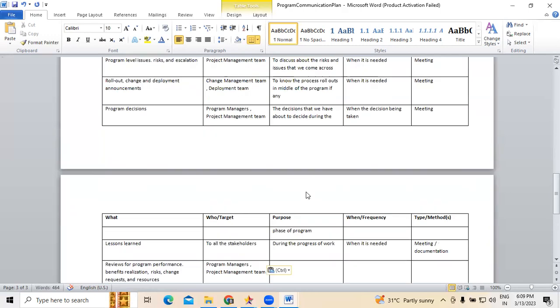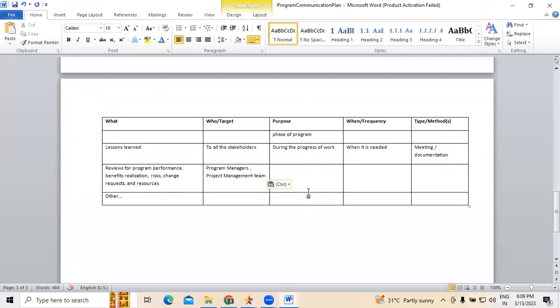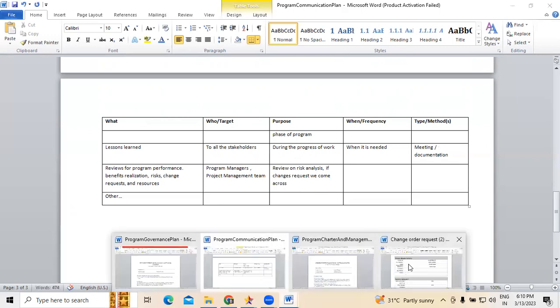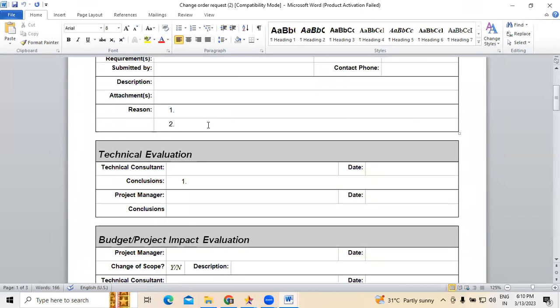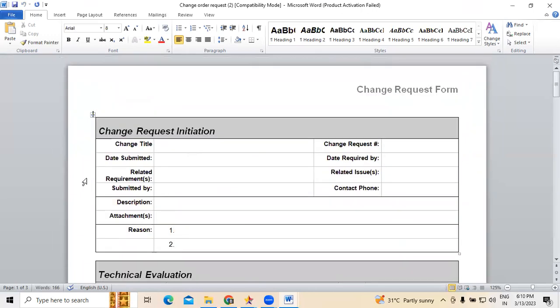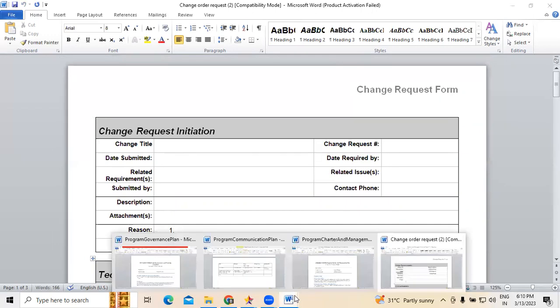This is to have an idea of the review on risk analysis, followed by any change request we come across. This is where the change request document comes into the picture. Usually this will be done by the BA team; those people will take care of that.